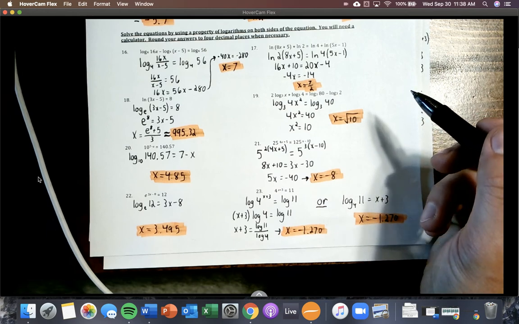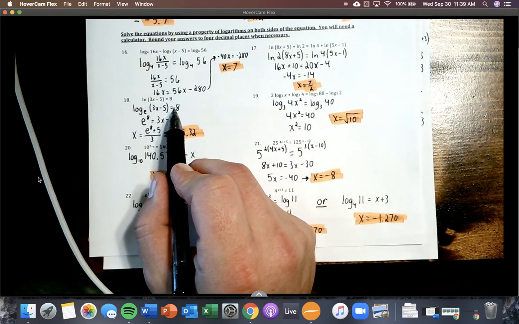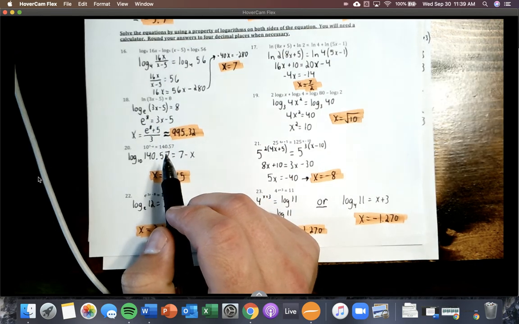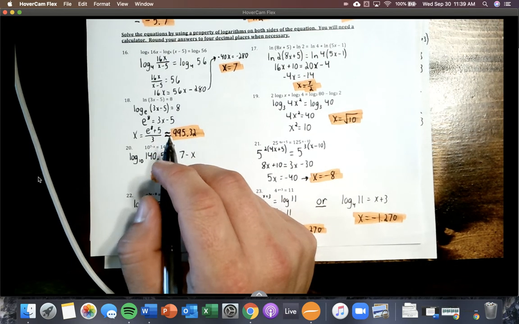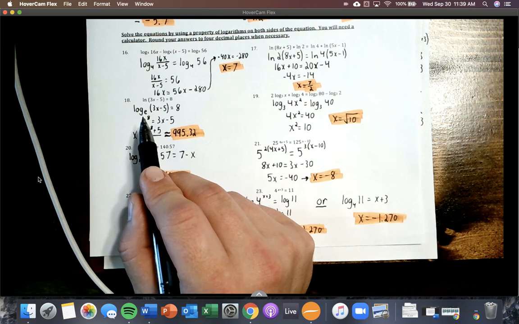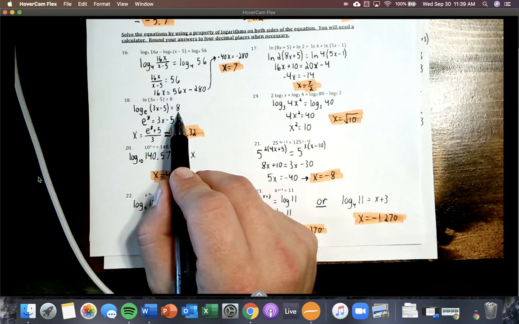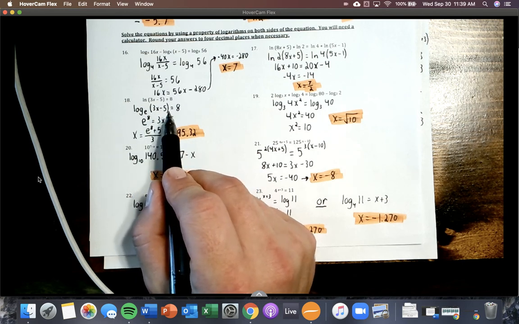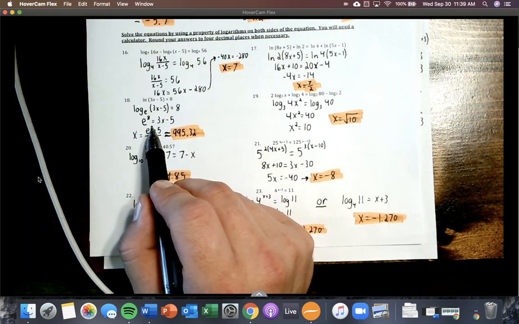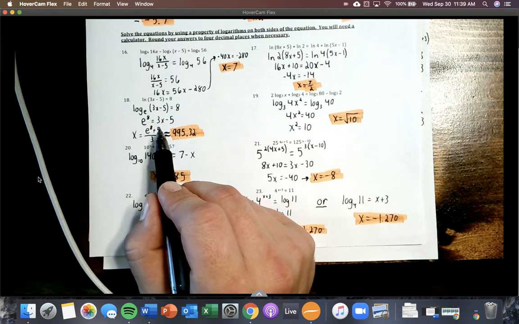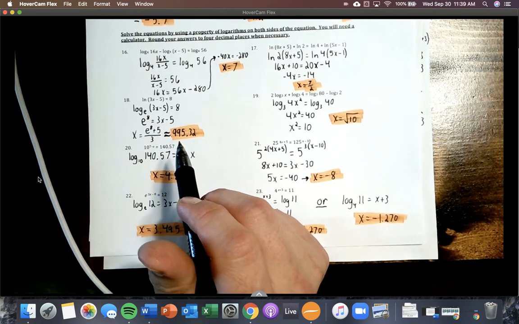Number 18 is a little bit different because we don't have a logarithm on the other side. So what we can do is change it to our exponential form so that we can solve for it, because natural log is just the same thing as log base e. So this is asking e raised to the 8th power is equal to 3x minus 5, which is exactly what we have here. Then we can add the 5 over and divide by 3, and these are all just values you can punch into your calculator. We can go e raised to the 8th power plus 5 and then divide all that by 3, and we end up getting